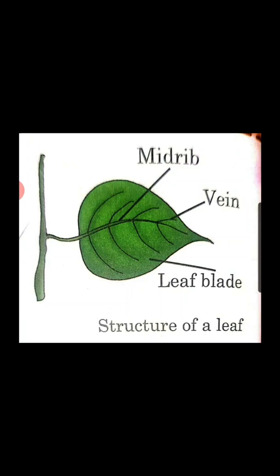The next part of the leaf is the midrib. The vein in the center of the leaf is known as the midrib. The longest vein present in the leaf, in the middle, is known as the midrib. And there are stomata, which we have already studied about, the tiny pores with which the plant breathes. The tiny pores underneath the surface of a leaf are known as stomata. These tiny pores are helping the plants to breathe.